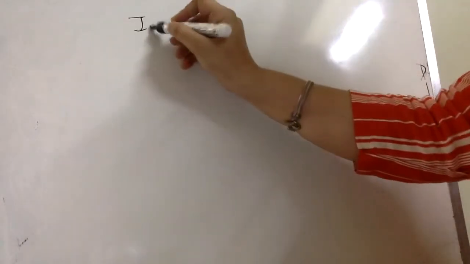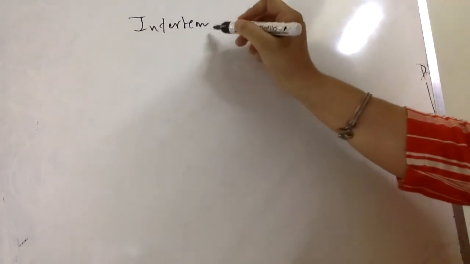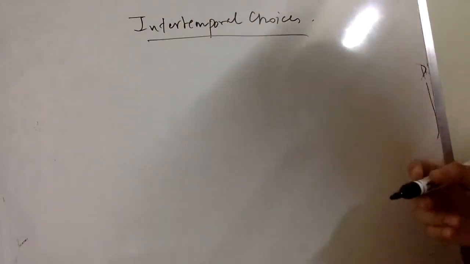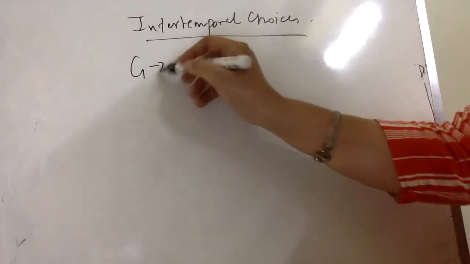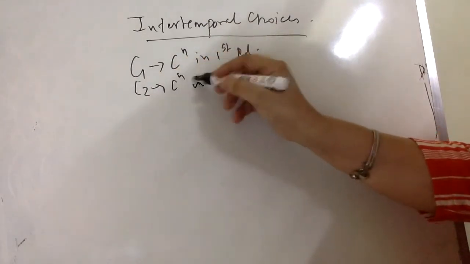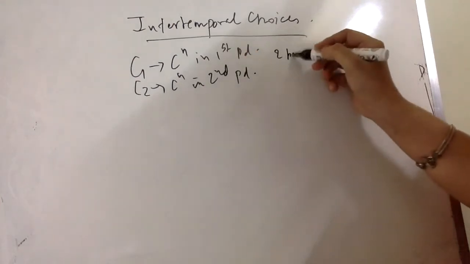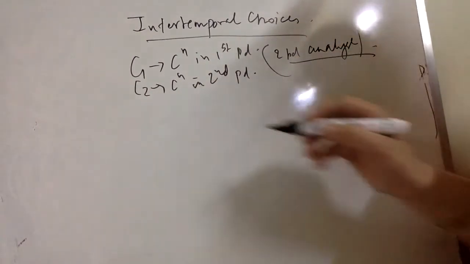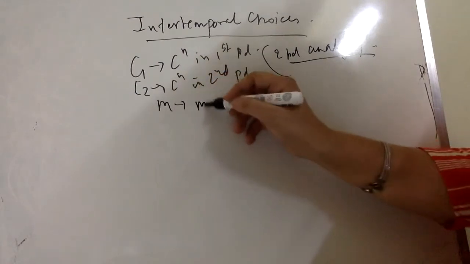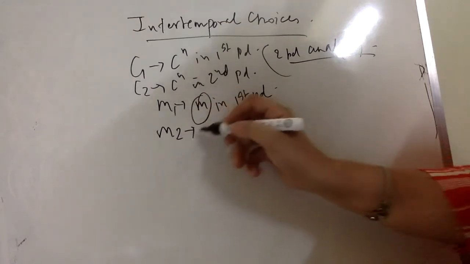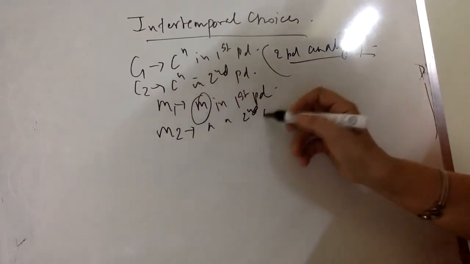in which we have different time period consumption as well as different time period endowment income. Let's say C1 denotes my consumption in first period, C2 denotes my consumption in second period, and we assume here two period analysis. To start with, we'll just take two periods to simplify things further, and say M1 denotes my income in first period and M2 denotes my income in second period.